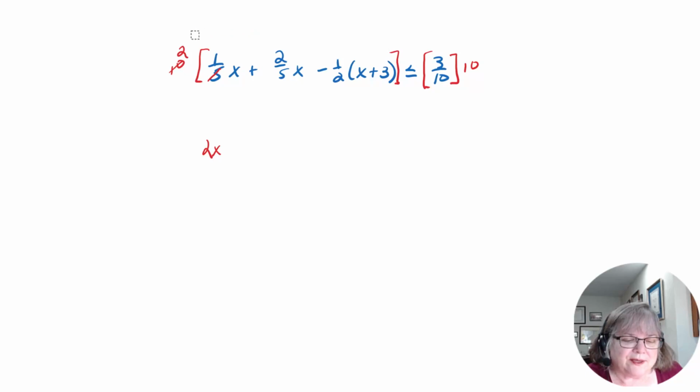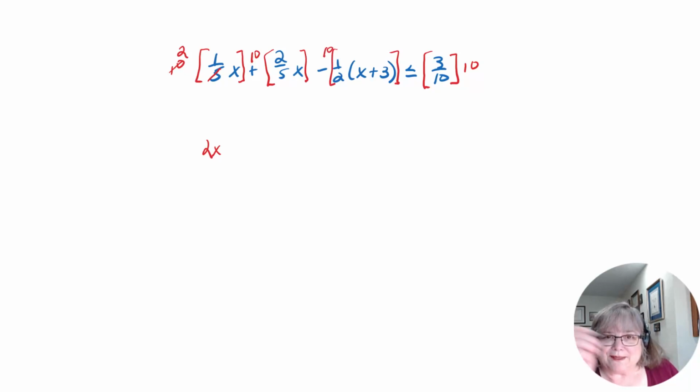If that is going to be a temptation for you, then what I suggest you do is take the extra step and write 10 down next to each item so that you can slash through to your little heart's content and you'll still be okay. So this 5 goes into 10 twice, and 2 times 2 is 4 x's